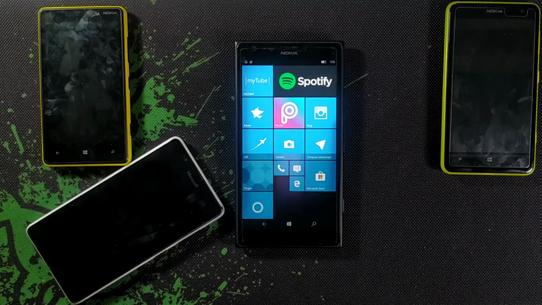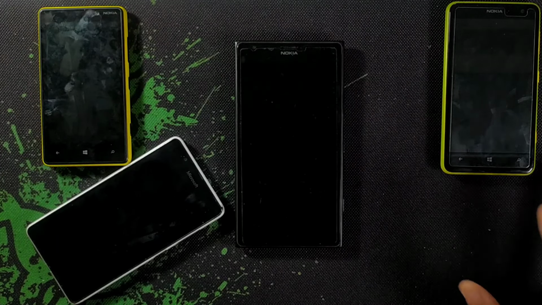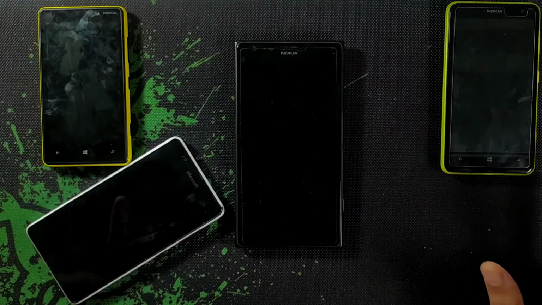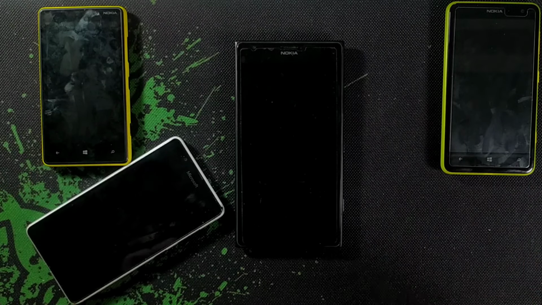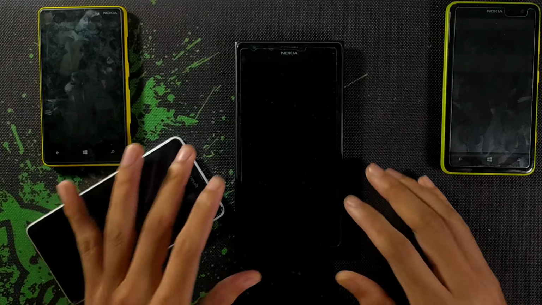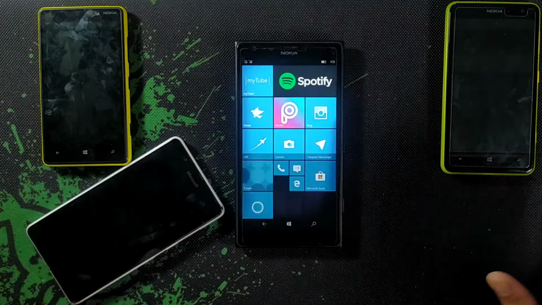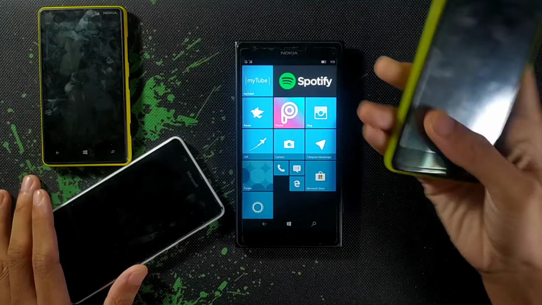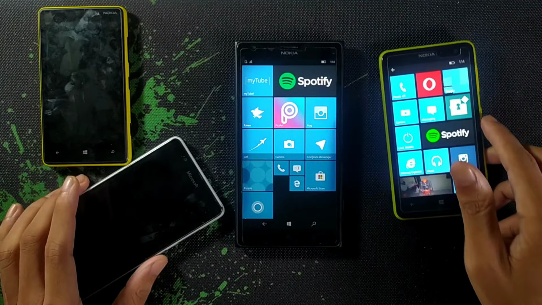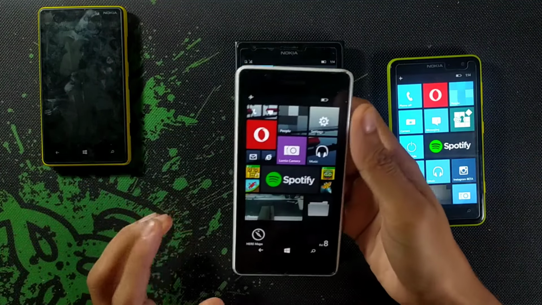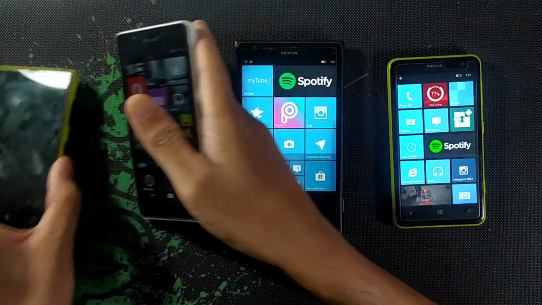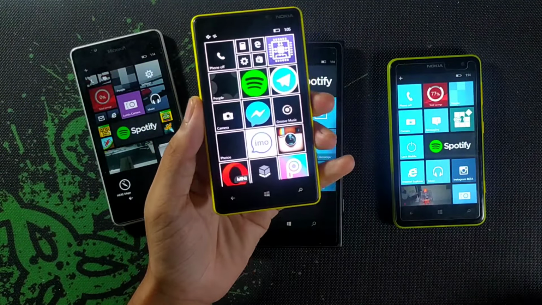Here you can see I have 4 Lumia phones, and I really love these phones because of their interface and smoothness. I really like the Metro feel of Windows phones. Here I have a Lumia 625, which is running 8.1 GDR2, just updated to GDR2 with some tweaks. And this is a Lumia 540, which is running 8.1 GDR2, and this one is a Lumia 820, which is running